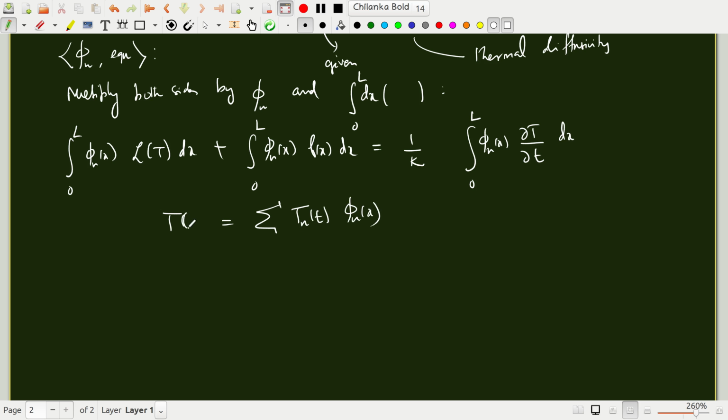See that temperature is a function of both x and time. We have solved an eigenvalue problem in the spatial coordinate x and got eigenfunctions which are orthonormal. So I can expand any function of x in terms of those eigenfunctions, but the coefficient of expansion will become functions of time because you're expanding a function of two variables x and t, and only x is getting expanded here. And if this is the case, then Tn of t will be simply